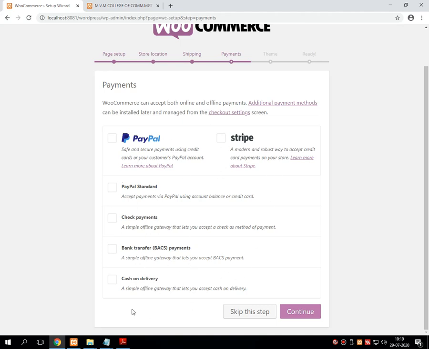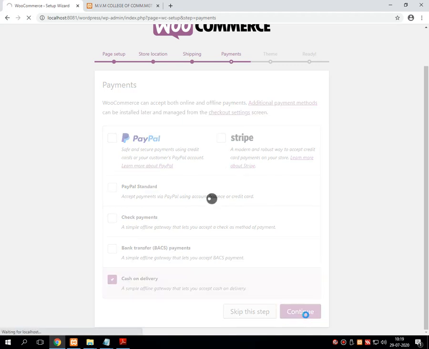So right now I am just setting up a single option, that is cash on delivery. That means whenever the product gets delivered at that particular person's place, he has to first pay the amount. Once the amount is paid, the product will be delivered to that person. So here I have selected cash on delivery, then I am pressing continue.